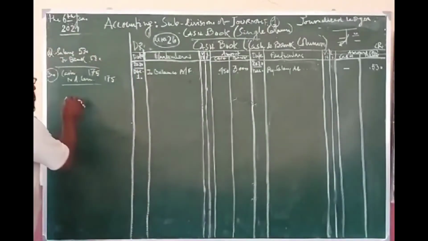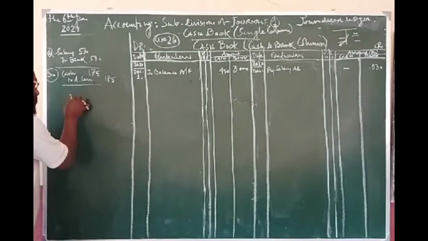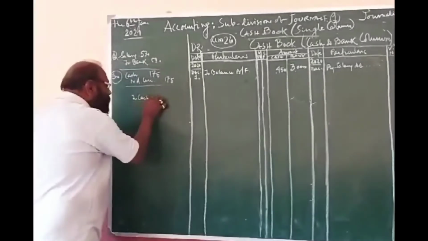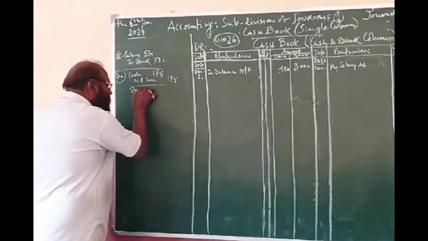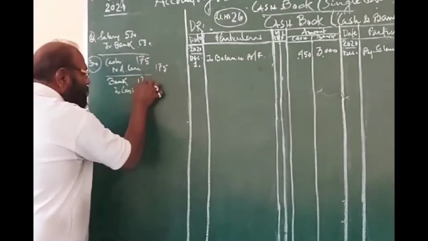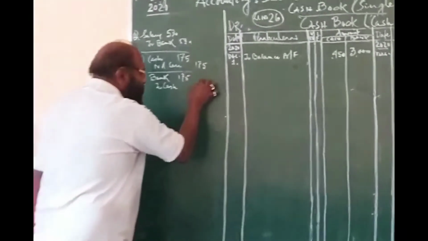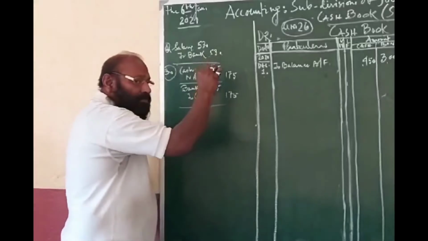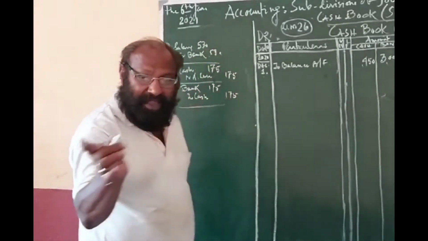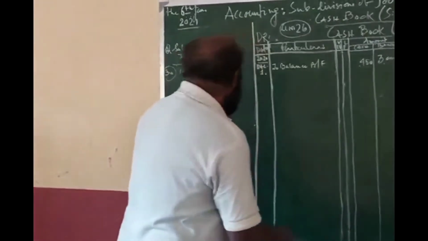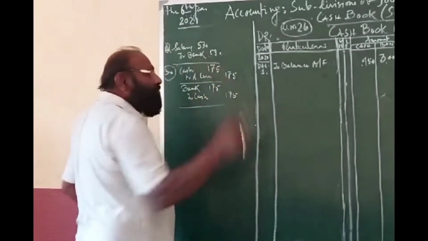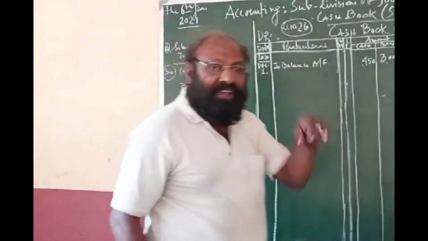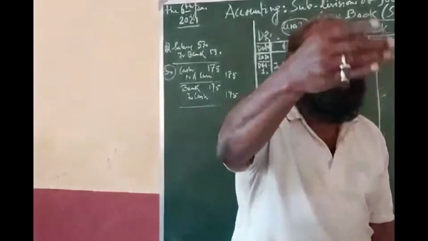Now this amount is deposited into the bank. What is going out? Cash is going out, and who is the receiver? Bank is the receiver. Clear? Just try to understand properly, friends. So you are receiving the cash. There are two transactions. You are getting the cash in your hand, and then you are sending the cash to the bank for deposit.